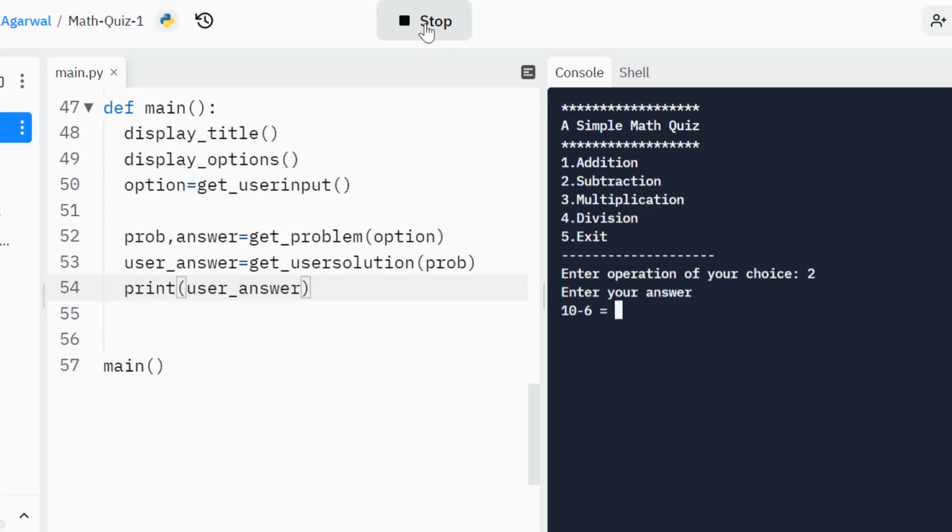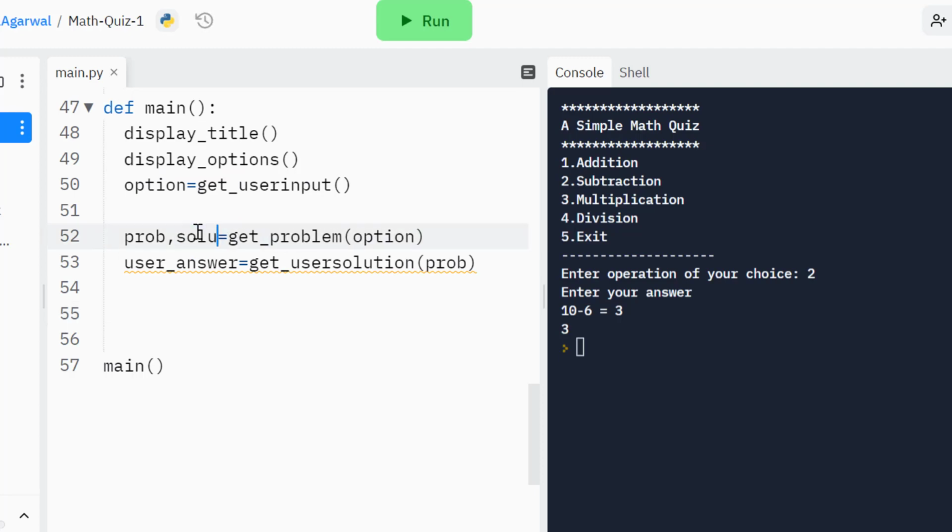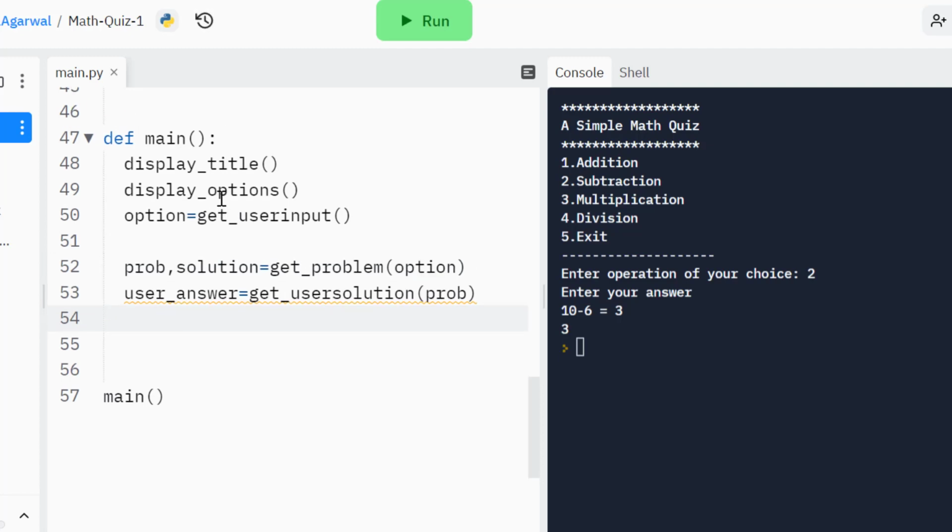Enter operation of choice. So it gives us this, perfect. And now user can enter, but right now we are not comparing user answer with the real answer. Okay, let's name it as solution. So what I want is I want to compare this, but before that I want to run this